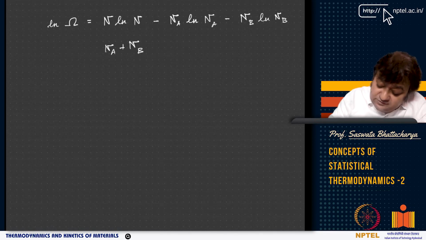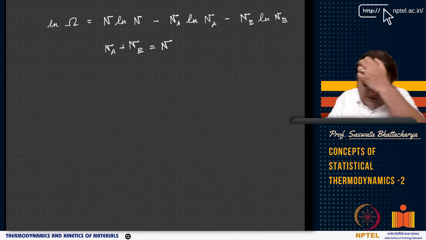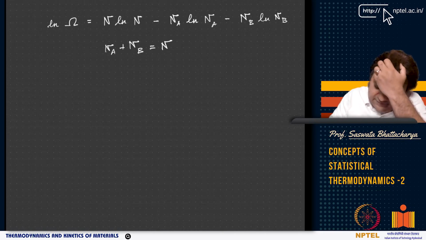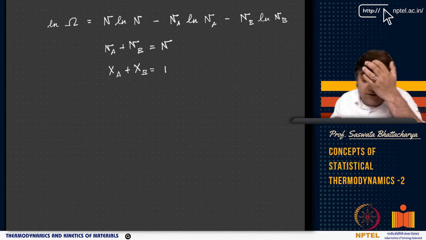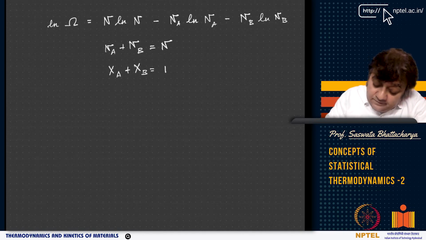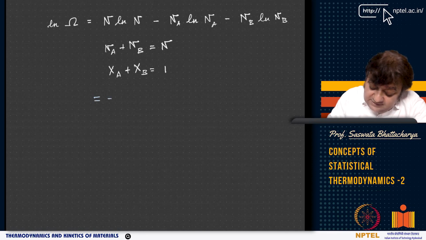The mole number of A plus the mole number of B equals n, right? That's the constraint. If I divide both sides by n, I get 1 here and here I get na by n plus nb by n, which is xa plus xb. This is the mole fractions adding up to 1, right? Now I take minus n common,